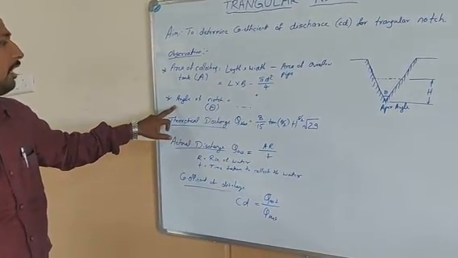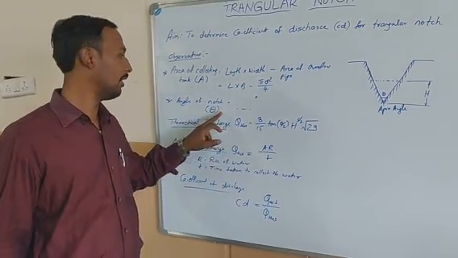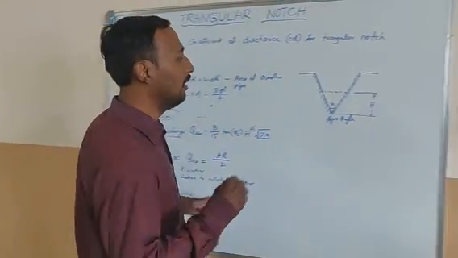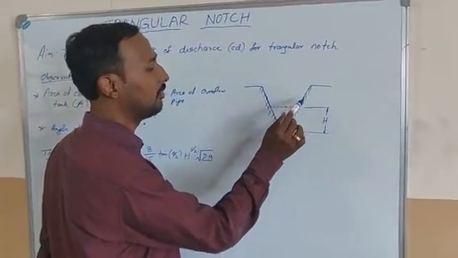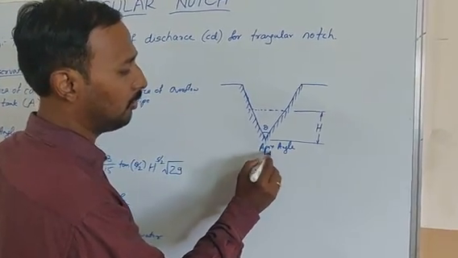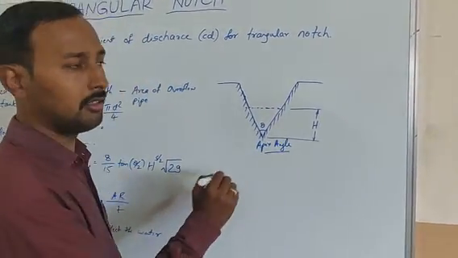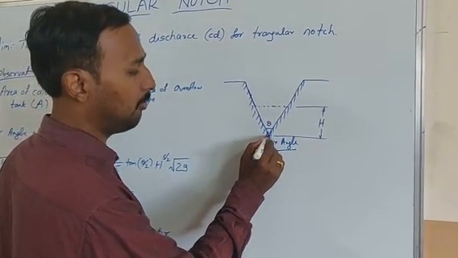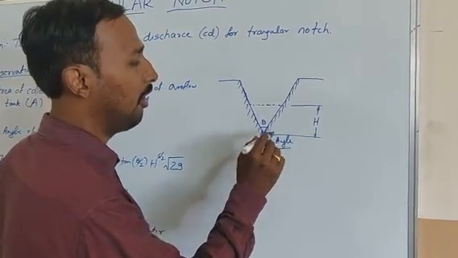Next, this is the angle of the notch, that is theta. This is the V notch. We have to measure this angle, which is also called the apex angle. This is the crest level. This point is the crest level. We have to measure the